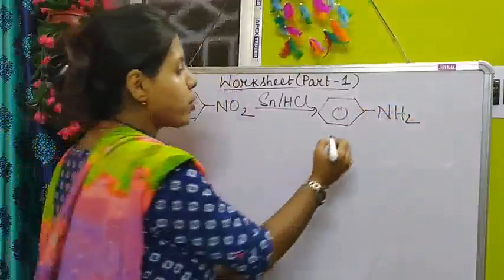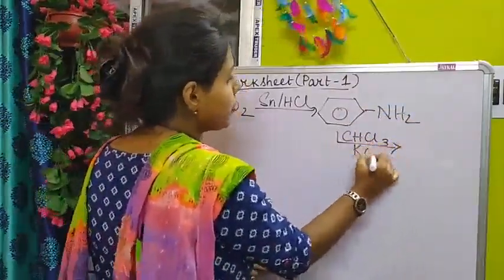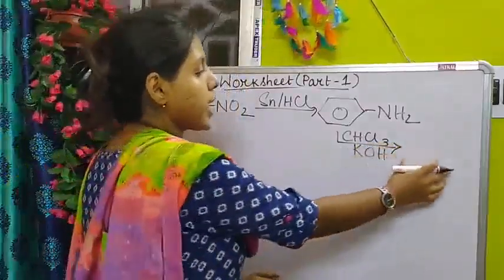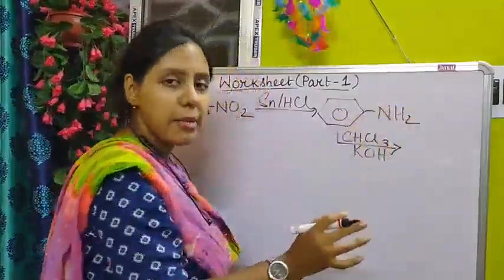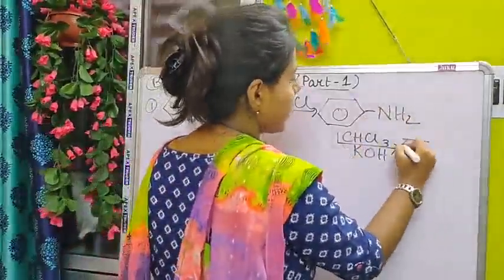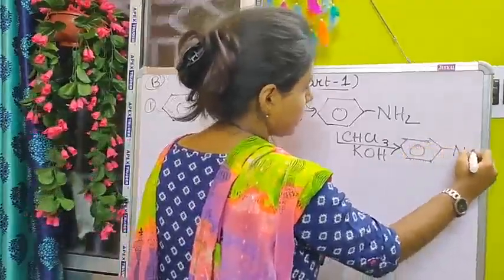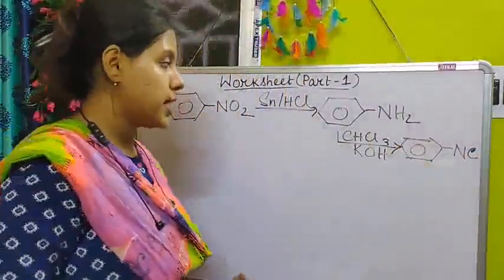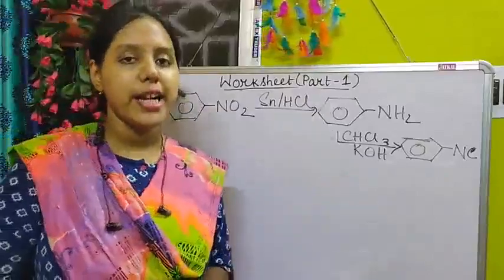After that, in the next step, there is given chloroform in presence of KOH. So the second product now you have to write. The second product will be, so that will be actually the carbylamine reaction by adding these reagents. So from here we will be getting the phenyl isocyanide. That means benzene ring with the NC group. Okay, benzene with the NC. So you have to copy the full reaction for writing the answer.